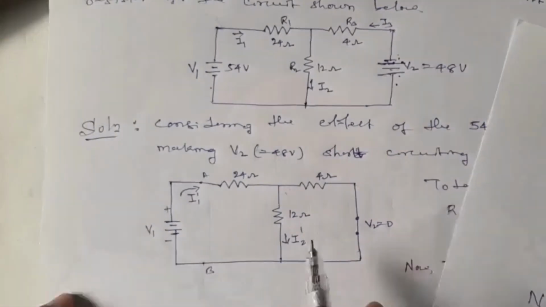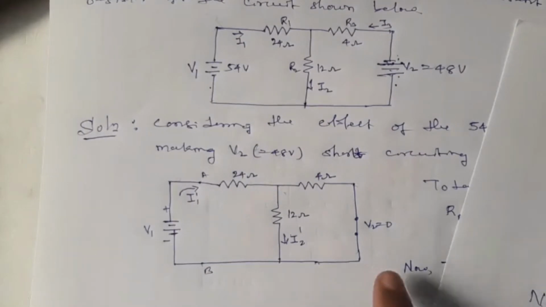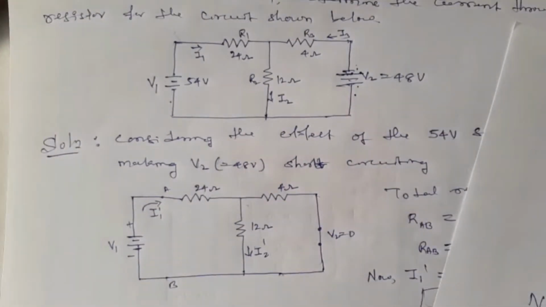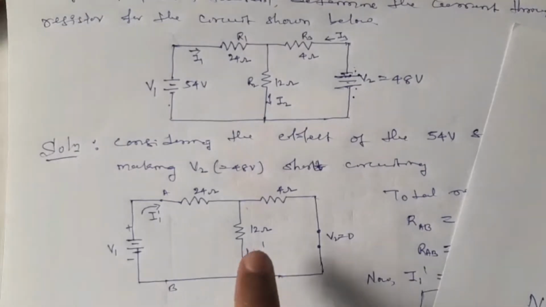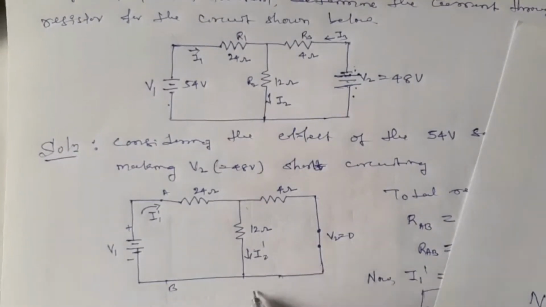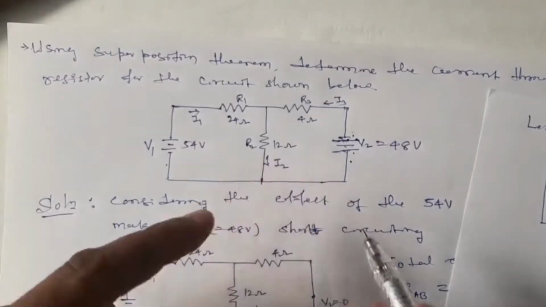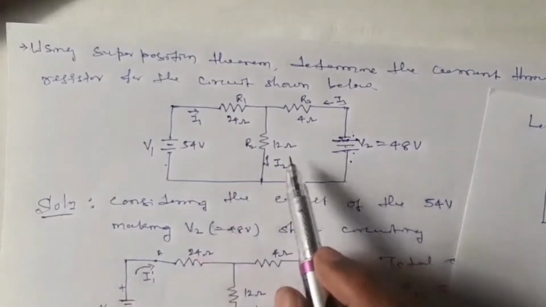I want to adjust the current through this particular resistor. The application is not just in simple analysis; by default, it will give us some more ideas. For example, I want to maintain some current, 12 ampere or 5 ampere, flowing through this 12 ohm resistor. Let us consider I want to get I2 equal to 4 ampere. And given this network, I don't know how to get I2.